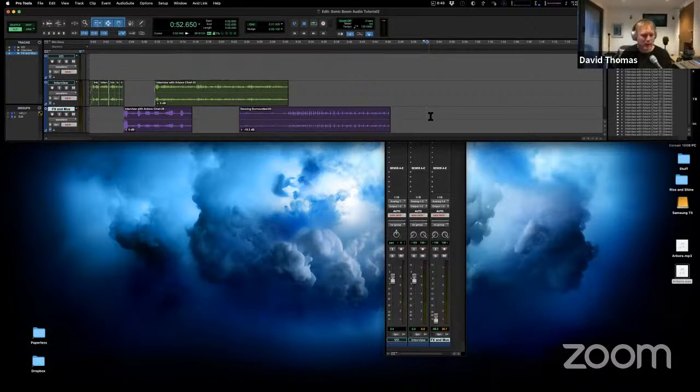If that's a bit rich for your blood, and I wouldn't blame you if it was, I think PreSonus make really good ones. I think SSL make good ones, but they're likely to be expensive again. I would probably not buy a second-hand control surface, because after a while the faders go. I've had my S3 for about 7 years, and I think I've replaced all the faders on it, and they're hard to come by and expensive to repair, so you're probably best off buying a new control surface